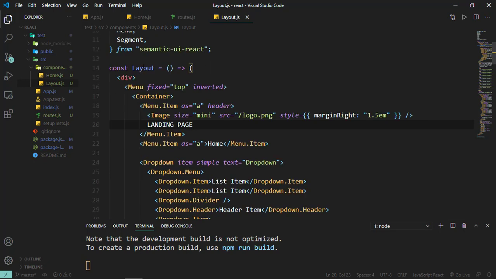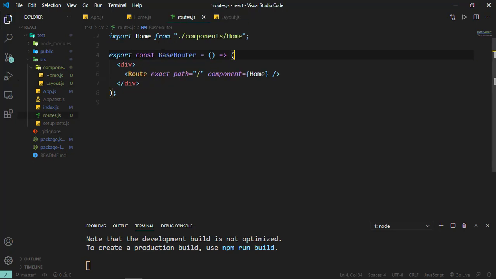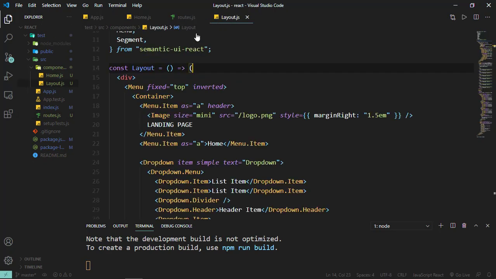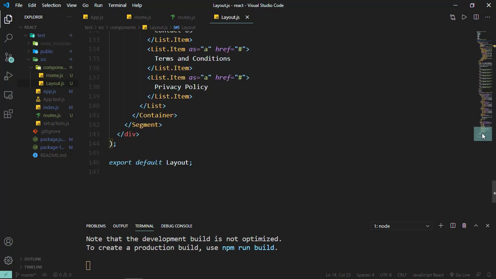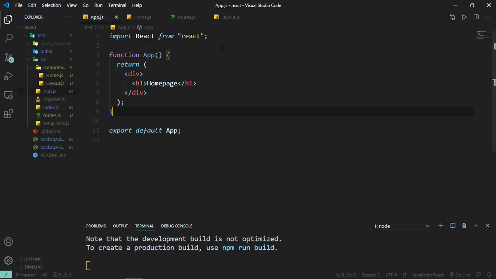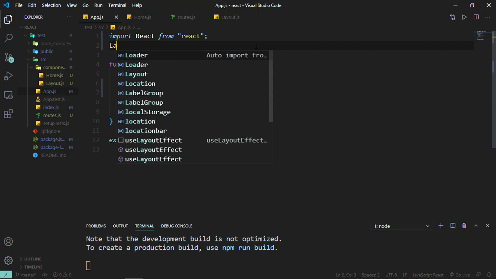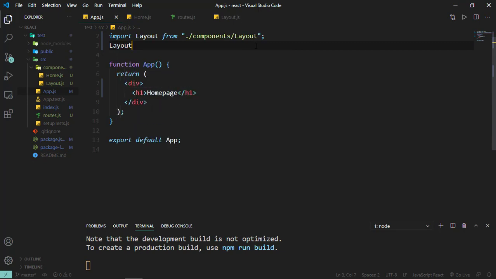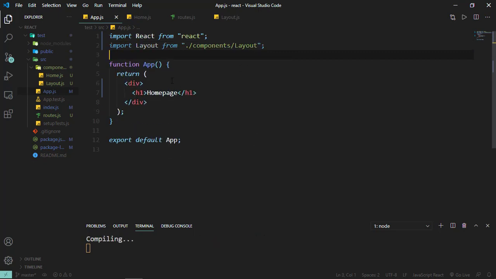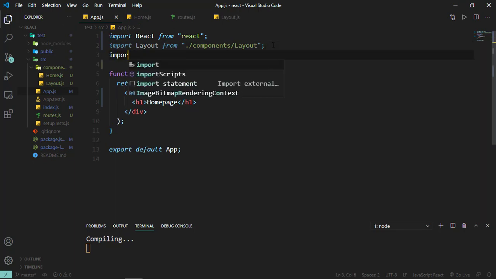Now what we want is to have this layout being the wrapper around all our components. So I'll import our layout, make sure it's exported as a default, come back here to our app, search for layout. Where are you? I have you there. Now we have our layout. I'll copy that. Now we need to have this layout wrapping around all our components, so we'll also import the